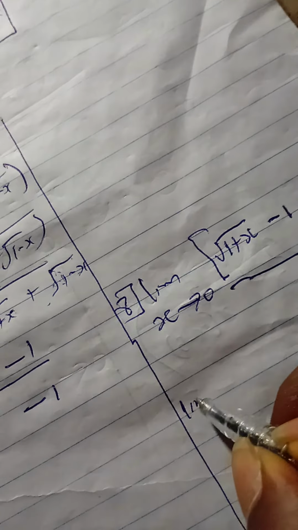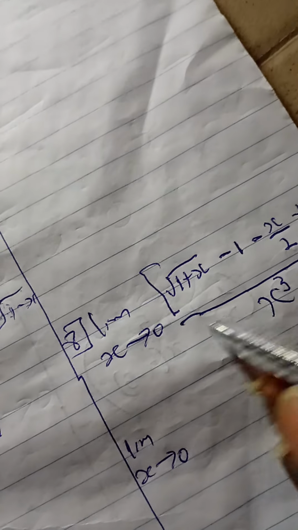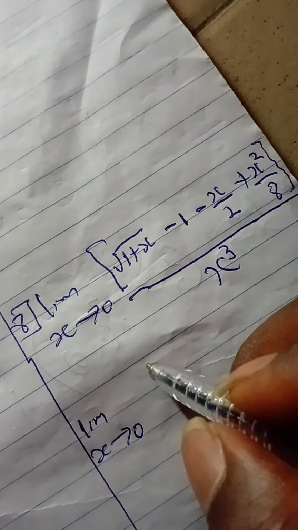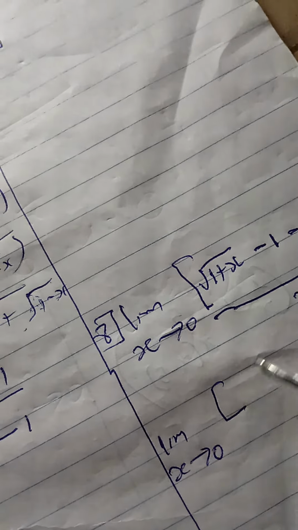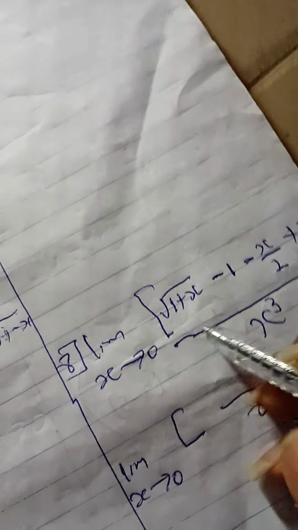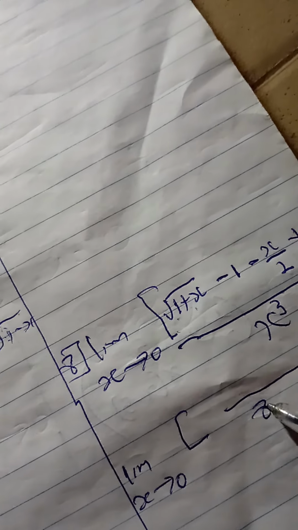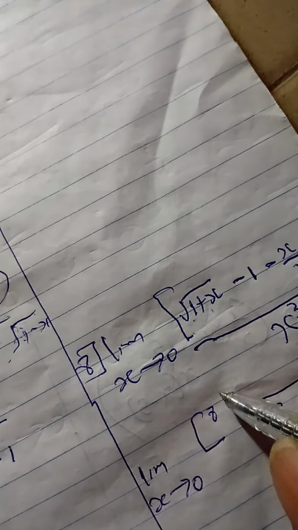So let me treat number 8. Now the limit as x tends to 0 of this guy. Now what am I going to do? Let me first find the LCM. So what's the LCM here? 8, right? So I'm getting 8. This over 1, 8 times this is going to give me 8 root